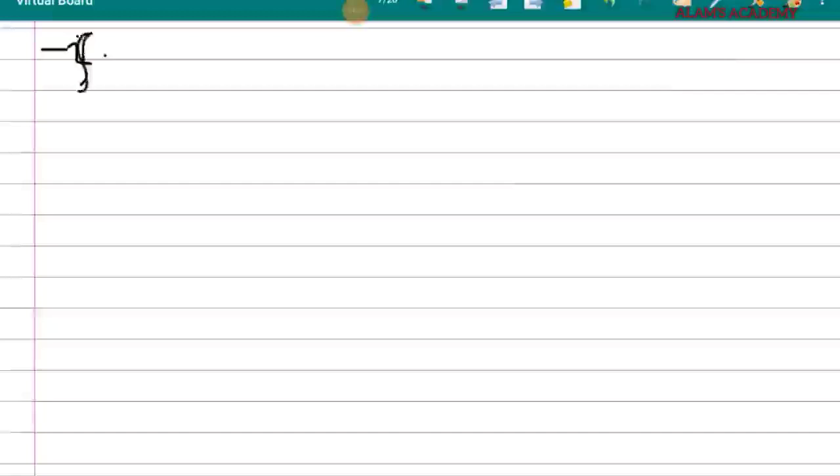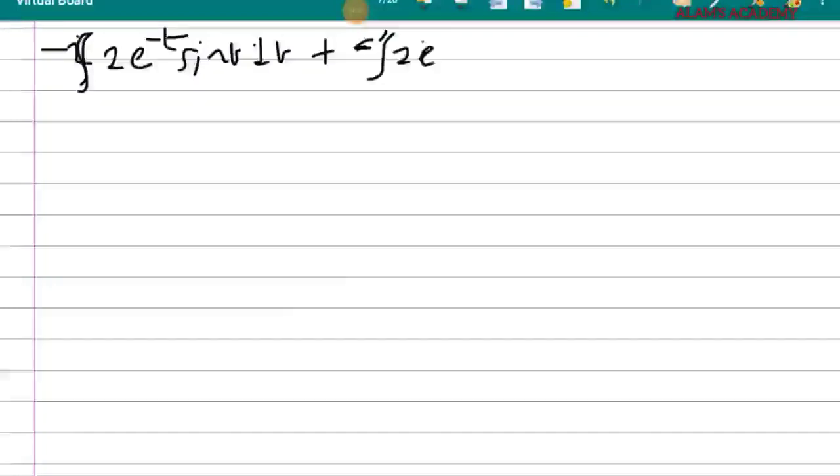So negative 2e^t, because it's positive over there, so coming to the other side will be negative, plus another negative integral of 2e^t sine of t dt,